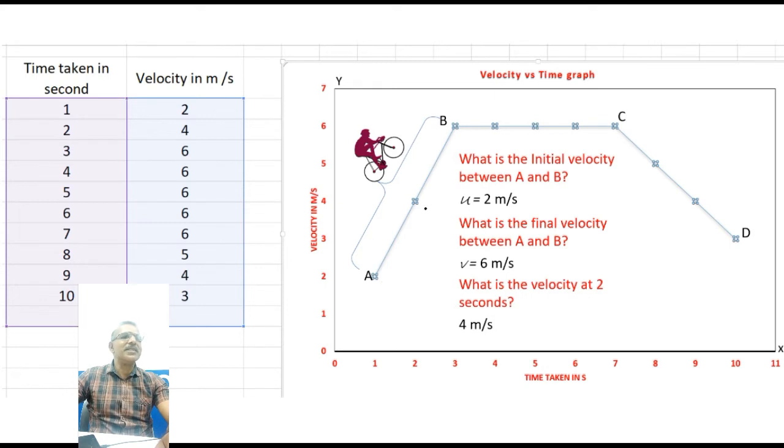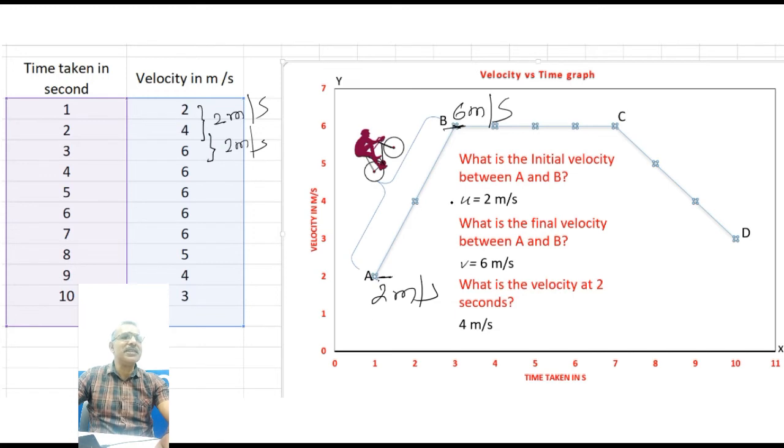Now the next understanding will be how to find the change in velocity during the travel from A to B. A to B, change in velocity. It's very simple. It started with 2 meters per second and it is here 6 meters per second. And if you see the value from 2 meters per second to 4 meters per second, how much increased? 2 meters per second increased. From 2 meters per second to 6 meters per second, how much increase in velocity? 2 meters per second increased. So there is a steady, uniform increase. From here to here.